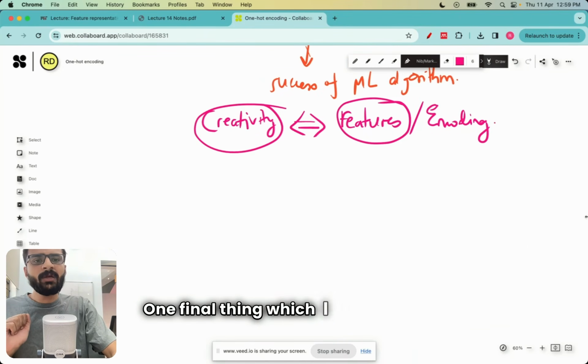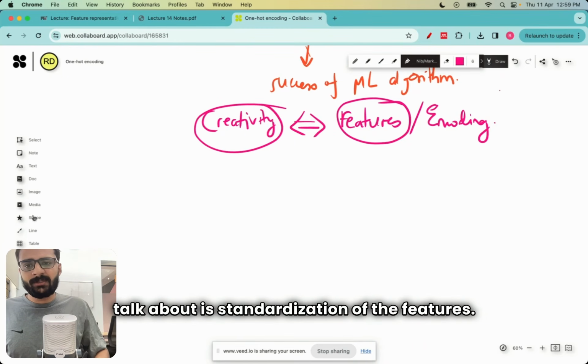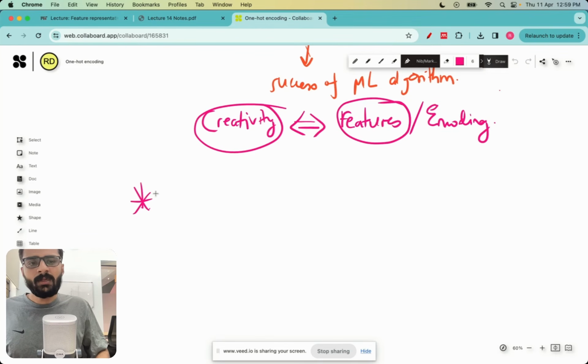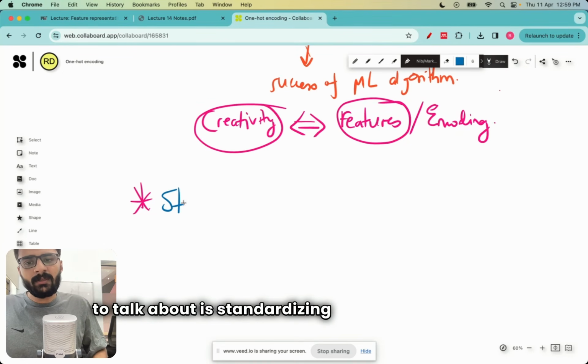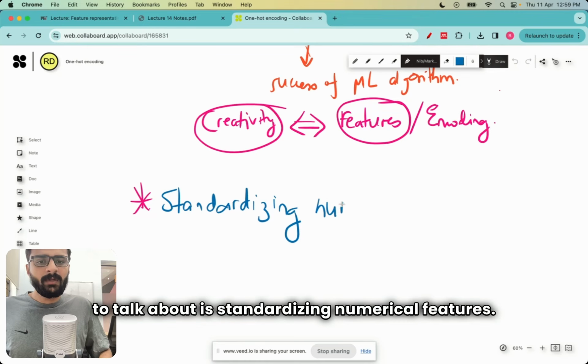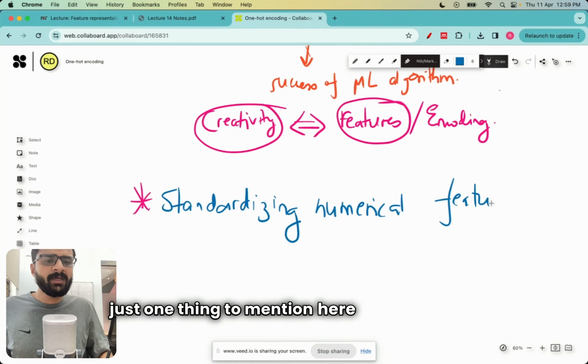One final thing which I want to briefly talk about is standardization of the features. So the final thing which I want to talk about is standardizing numerical features. Now, I won't spend too much time on this, but just one thing to mention here is that